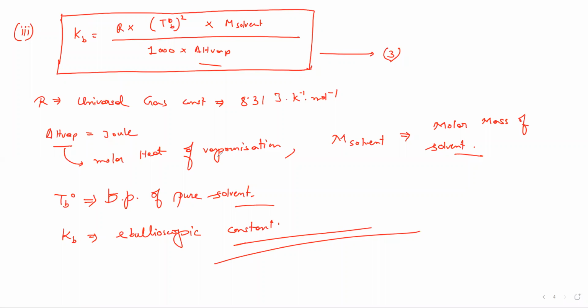After that, I am giving you 2-3 questions regarding this part. Then we are going to depression of freezing point. Today I will complete elevation of boiling point. Thursday's class we will complete the rest. After that only three topics are left: depression of freezing point, osmotic pressure, and Henry's law. After that this chapter will be completed. I will try to complete this chapter by this week. After that, we will go to organic chemistry, starting next week with haloalkanes and haloarenes.